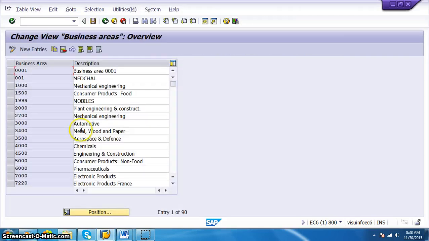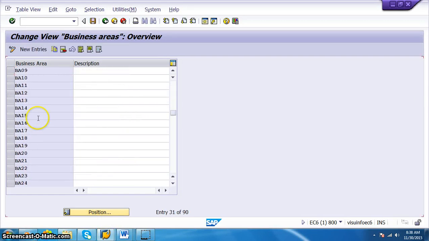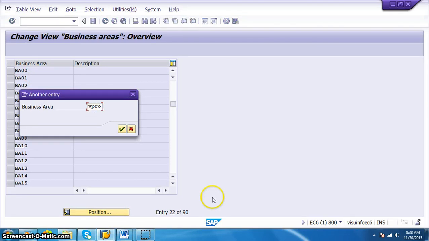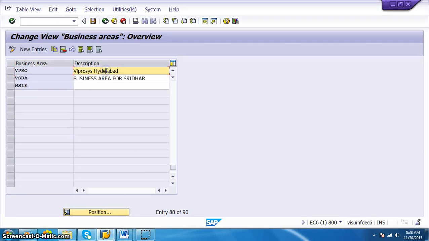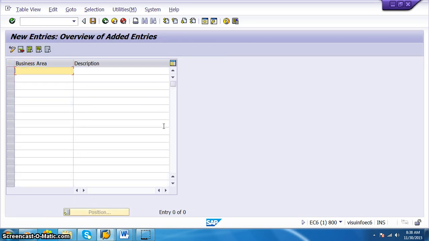So if we create a business area here, we have VPRO, Viprosys Hyderabad, and let's create another business area called Viprosys Pune. New entries, VPR1, Viprosys Pune.